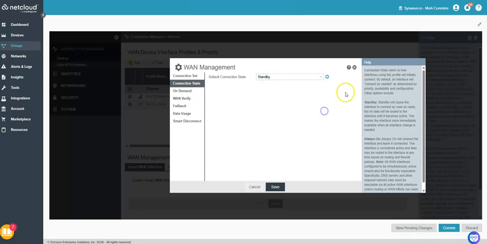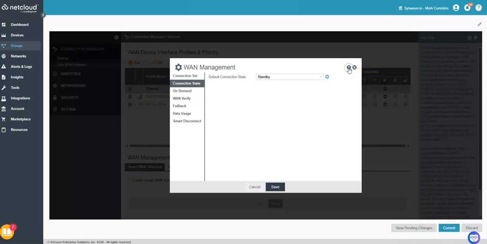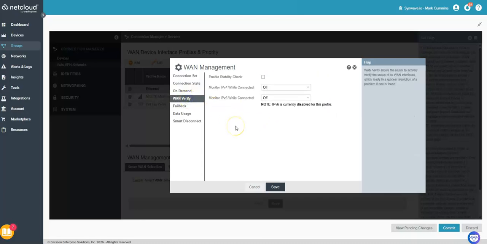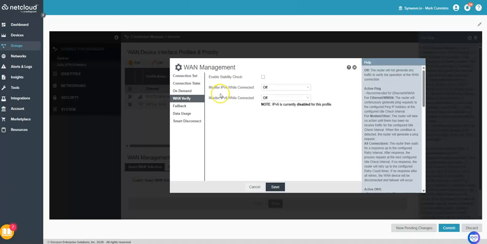If you want to know more about that, this little question mark here will pop this window out, and when you hover over things, it'll tell you. In this case, it just shows you all those definitions there and what they mean and what they'll do. Next, let's go to WAN verify. So going back to how do I fail from my primary to my secondary WAN profile. On your primary WAN profile, you want to configure WAN verify,